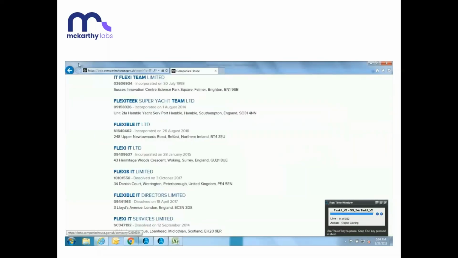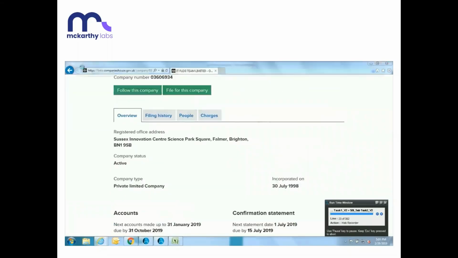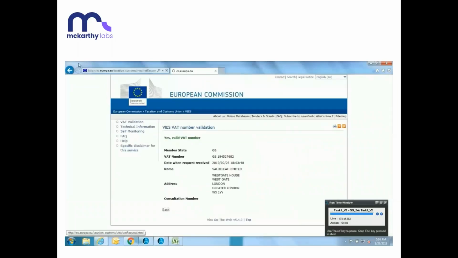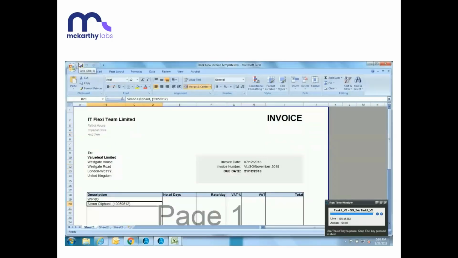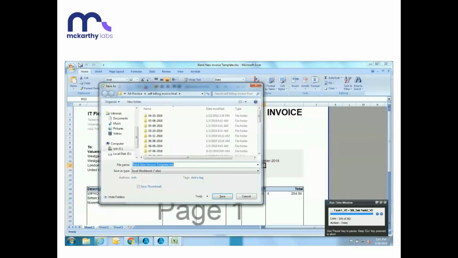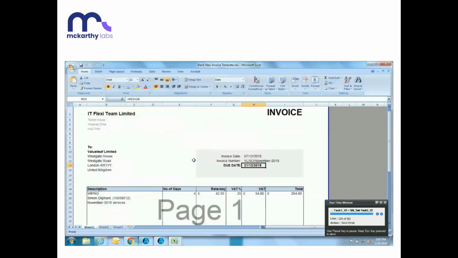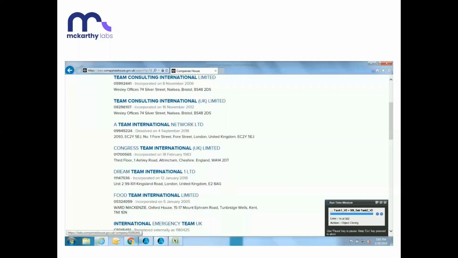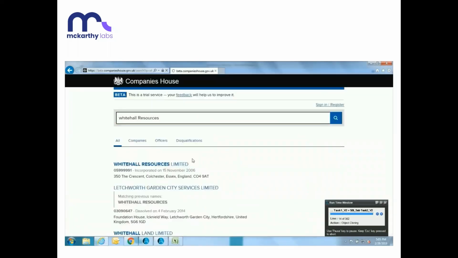So this is showing you that the bot has used Excel. Now it's using the Companies House website and collecting the data it needs. It's then using the European VAT register website, where it will see if the company is VAT registered or not. And look at the speed at which it's creating this PDF invoice. So I wanted to show you that to show you that the bots really are very quick. The bot will save that invoice in the shared folder that we've told it to save it in. So far it's used Excel, Companies House, and a European VAT register, it's created a PDF invoice automatically, and it has saved that invoice in a shared location.